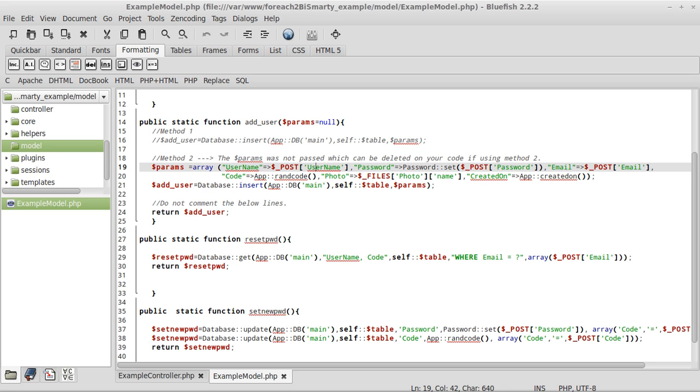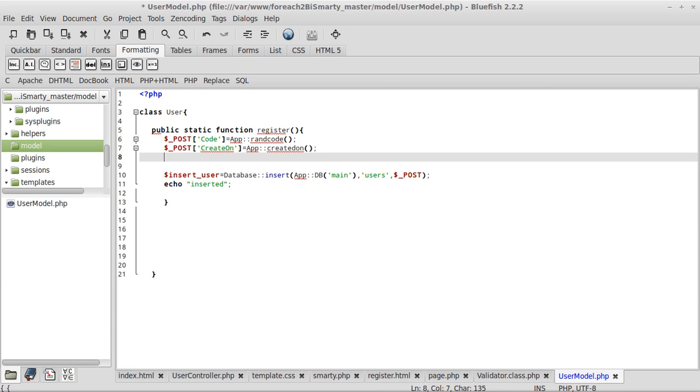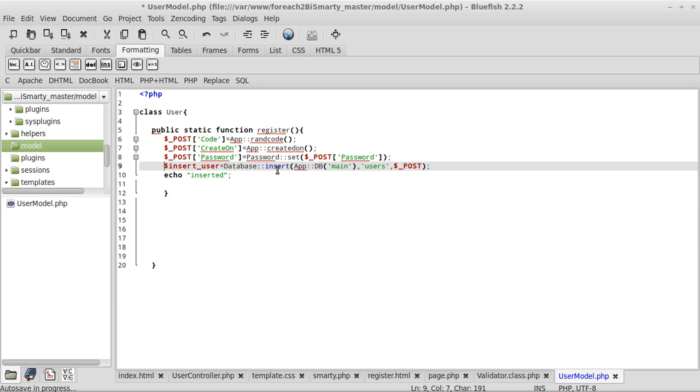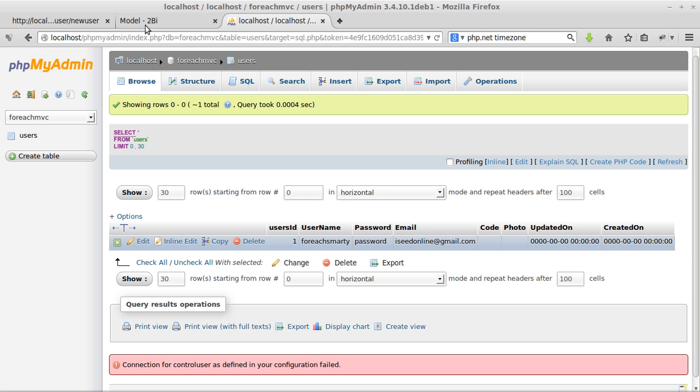And next is the password, $_POST of password equals password is to set $_POST of password. Right, so this is used to hash the password. So if we go here,